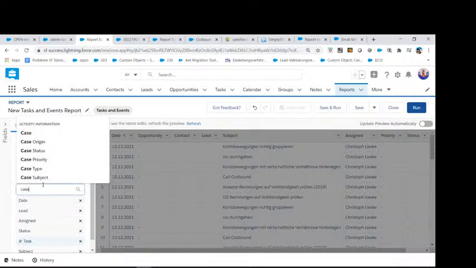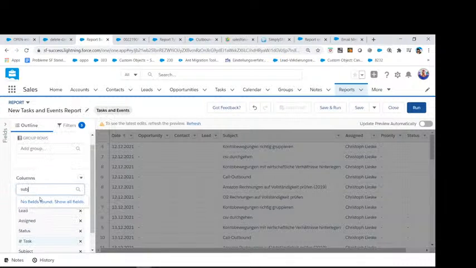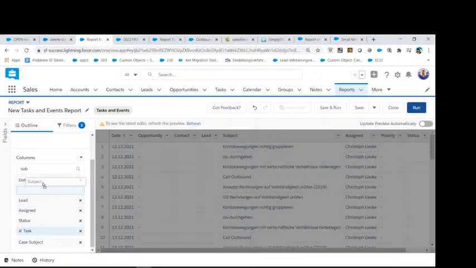Let's say we will go for all the subjects. Oh, that's going to be a subtype. But we have a subject in here. The subject will go here. The lead will go out. The assigned will go out. The status is going to be there. The case, and also I think we have all the columns in here that we need.